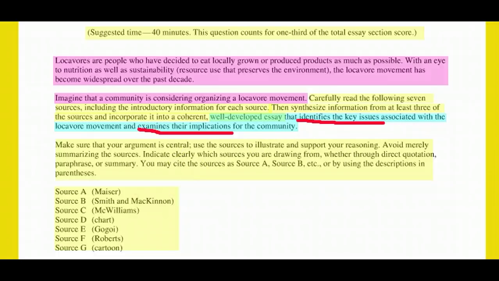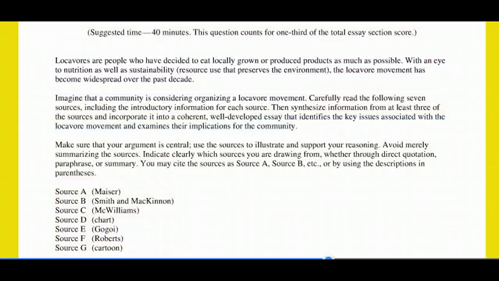Notice particularly on this one how difficult it was to find the actual question because they surrounded it with so many instructions and extra information. If you're in a rush and not looking at details, you will not be able to be successful. You have to look at the details. Okay,